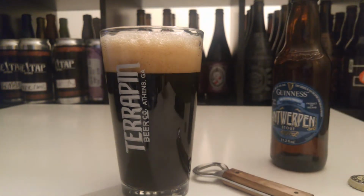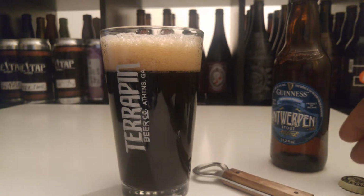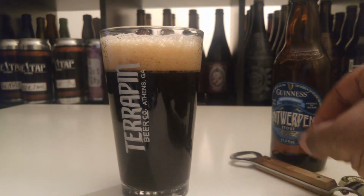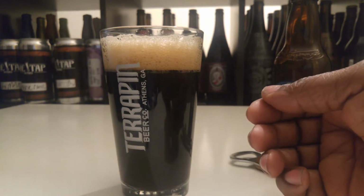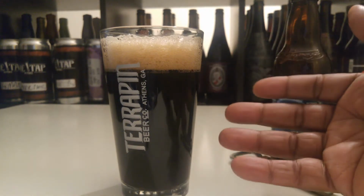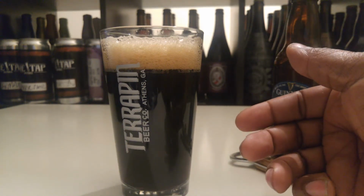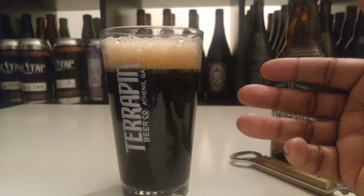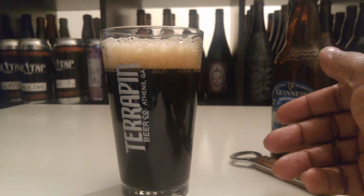Look at that, pour it right back. So with that being said, I'm still curious. I'm ready to try it. Like I said, I really enjoyed the bourbon barrel aged stout. This is definitely going to be right up my alley, nice and dark, from a reputed brewery. And like I said, I'm looking forward to some of the newer brews that they put out, just because of the umbrella that they're under. That company has a lot of distilled liquors that they're going to make available to Guinness, and they're going to start putting out